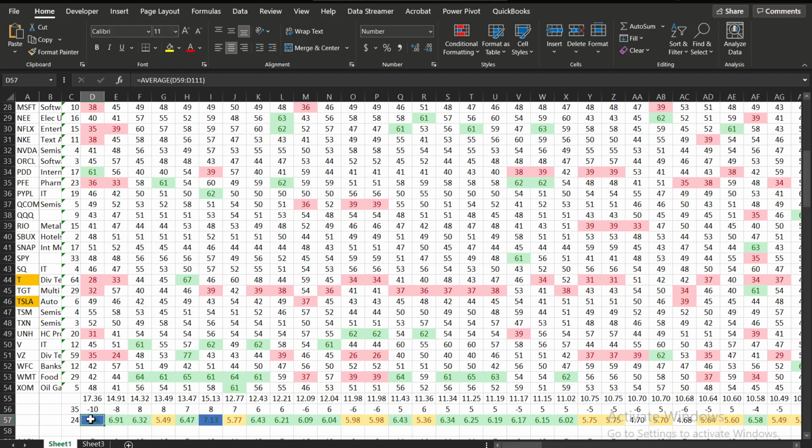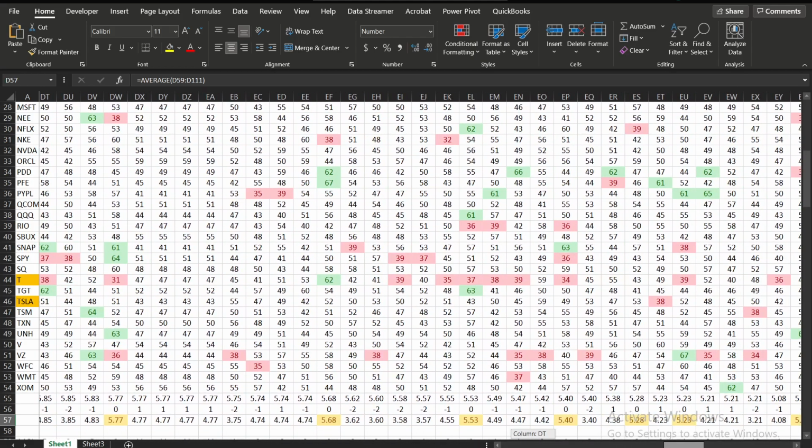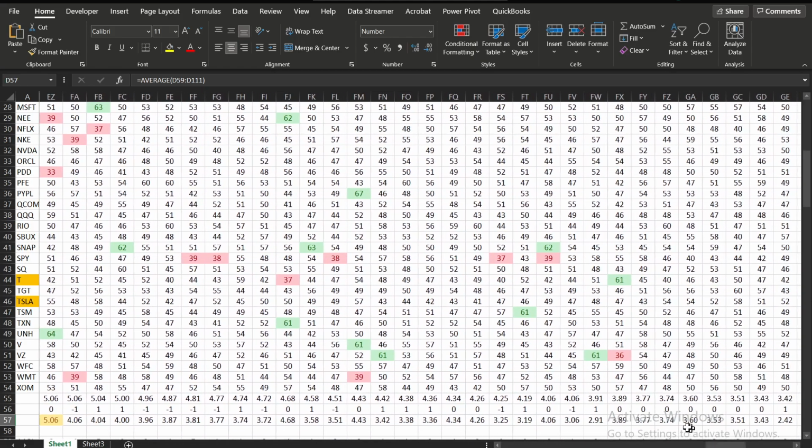So like here's a really good score, decent, and then you get down here, because I sorted it by this column or this row, and so you see some of these only deviate like 3 to 4 percentage points from 50%, which is no different than a coin flip. But